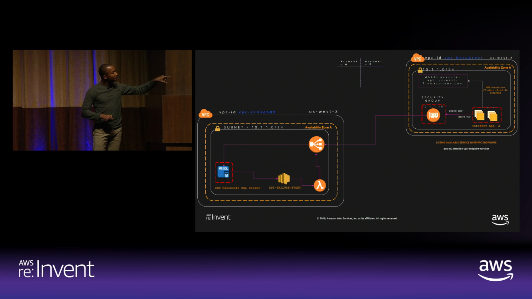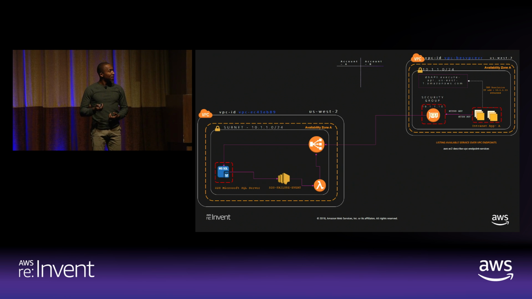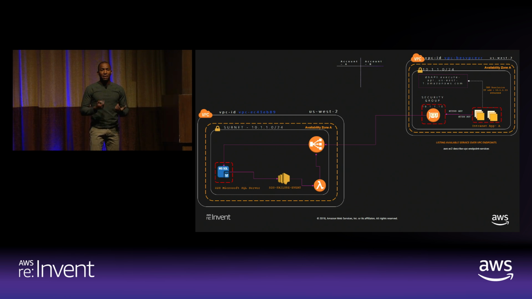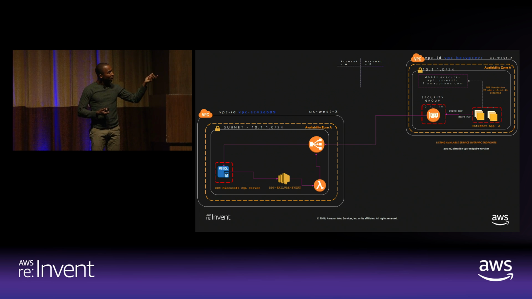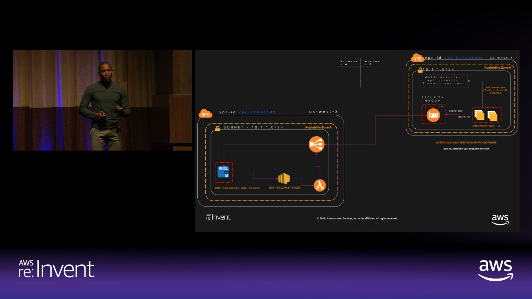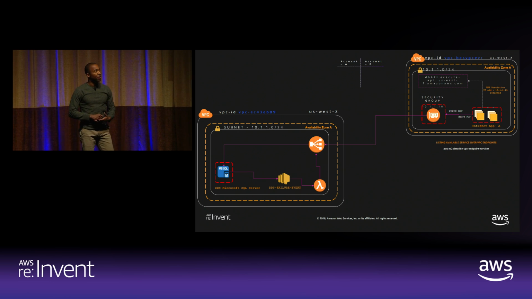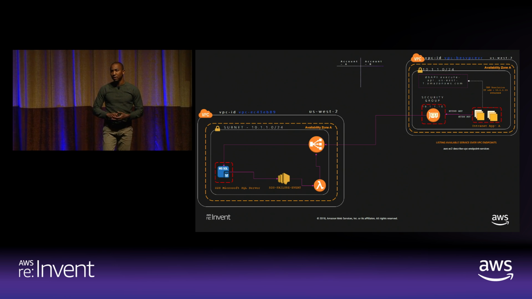So if you look closely here, this SQL server is configured with a notification when a failure event actually happens. And that failure event is written to a SNS topic, and subscribed to that topic is a Lambda function that is triggered when something is written to this particular topic. That Lambda function then checks the network load balancer to see what IP address it has. And if it has the old IP address, it removes the old IP address and replaces it with a new IP address if a failure occurs and you switch over to your standby SQL server for RDS. And all of this is happening within your VPC. There's no access at all to the internet.